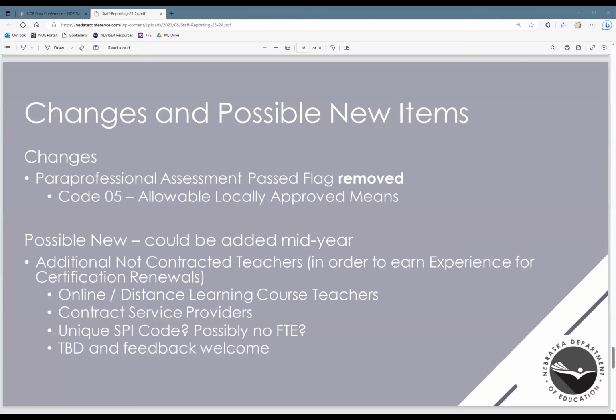We do have the slides, and the recording will be posted on the NEDataConference.com website. We should get that recording posted within a day, I think. Hopefully when I send that bulletin with the staff reporting collection being open, I'll have a link in there to the data webinar page so that you can also view the recording through that link too. So we'll certainly make sure it's up by that time.